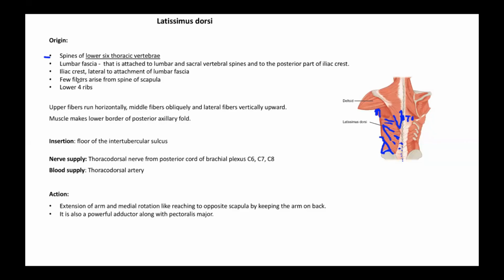So these are also its origins, less important: lower four ribs and some fibers from the spine of scapula. But if we mention this, that should be enough. But to complete the answer, it's the lower four ribs as well. Nerve supply is thoracodorsal nerve. Thoracodorsal nerve we know is a branch of the posterior cord of brachial plexus, and it runs with the